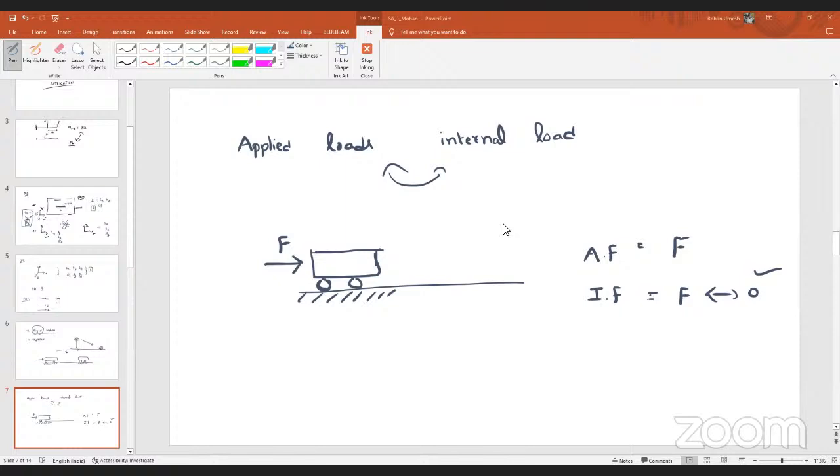So, the first thing you have to understand here is whether resisting forces are developing in the system or not. If there is no resisting force developing, the synonym is internal forces. If the object can move freely, then no internal forces will develop in the system. If I apply the force like this, what will happen? Without showing any resistance, it will simply